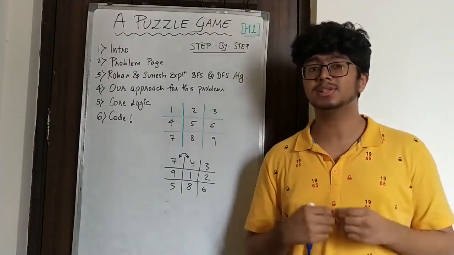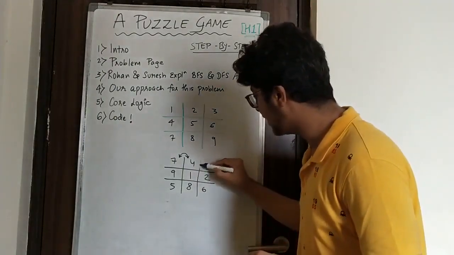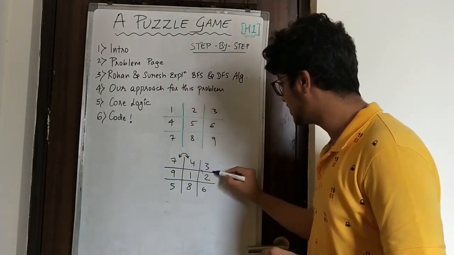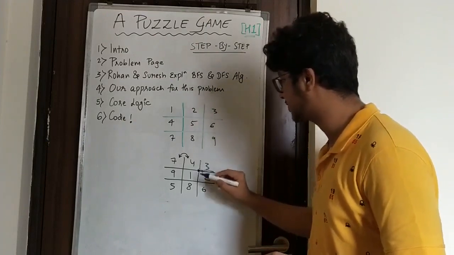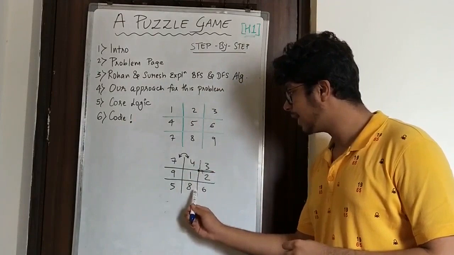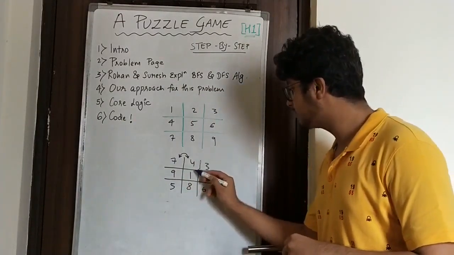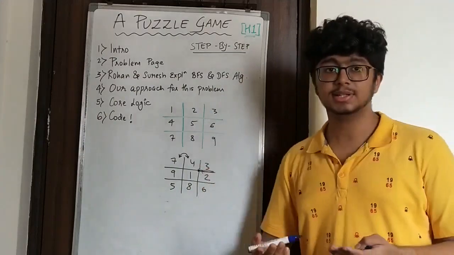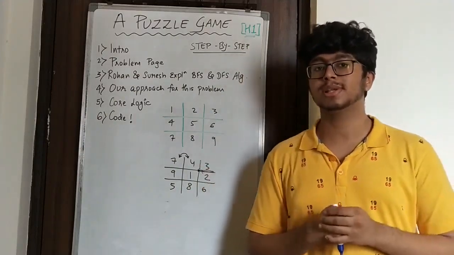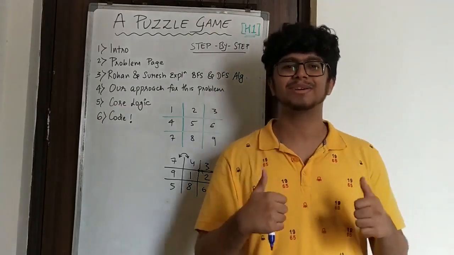Now, what is an adjacent node? Basically, an adjacent node is a node which shares a common edge. So this is called an edge, right? This is a vertex. So say for example, I have node 1. Now 4, 2, 8 and 9 are adjacent nodes to 1. So you can only swap these two nodes if they are adjacent plus the sum of both the nodes is a prime number. Alright, so let's dive into the problem and look at it.